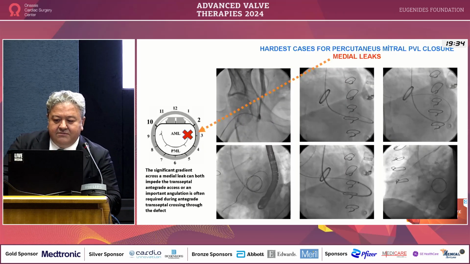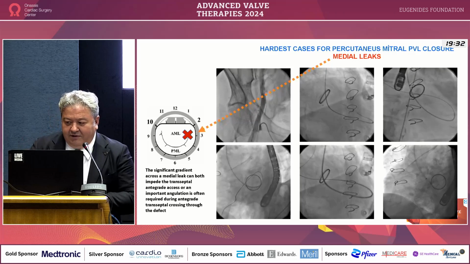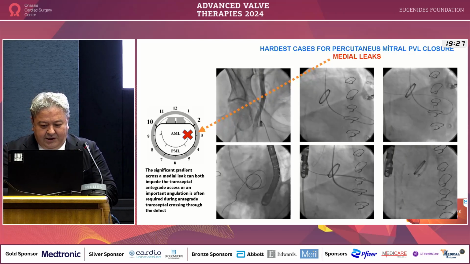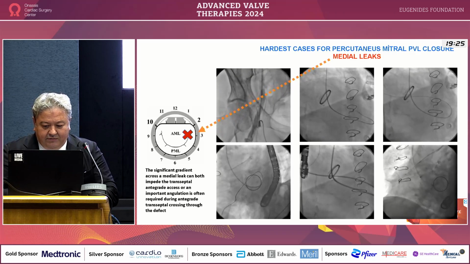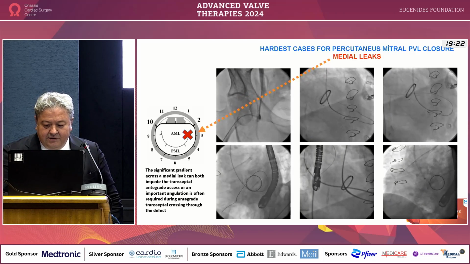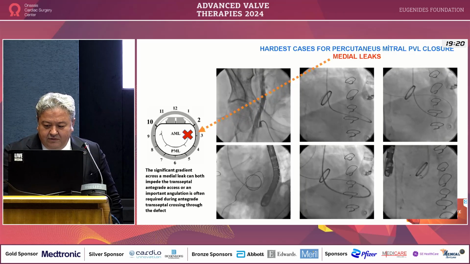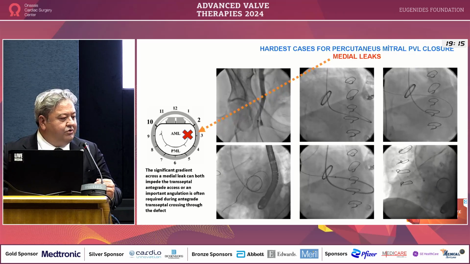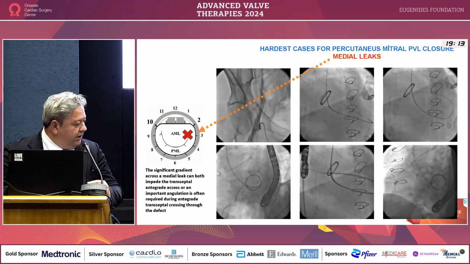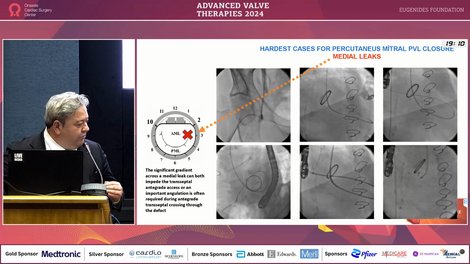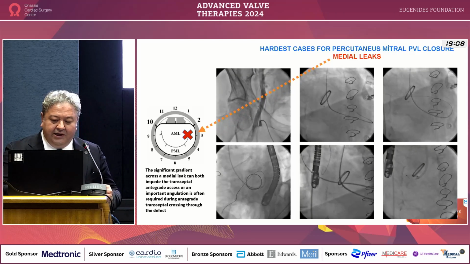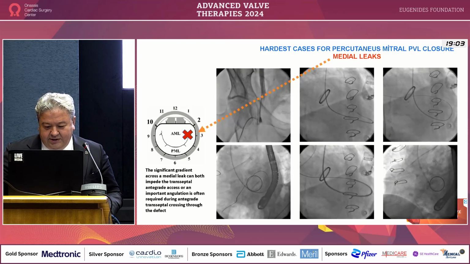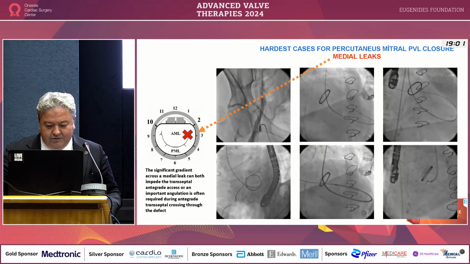The hardest cases for mitral paravalvular leak closure are the medial leaks. Here, as you see how we cross medial leaks, this is the loop and curve maneuver. When we come to the apex, we make a loop here, usually with the Amplatz Left 1 catheter, and also the regurgitation jet between the left ventricle and the left atrium usually allows us to sweep the Terumo guide wire into the medial leak. And after crossing the leak, as you see in this case, I didn't make an arteriovenous wire loop,